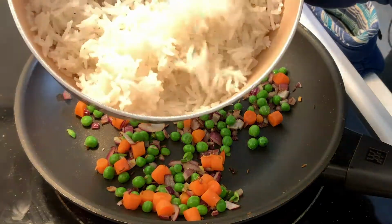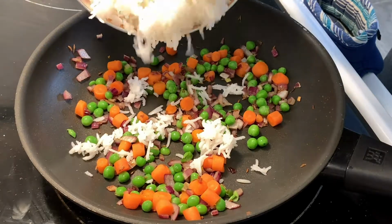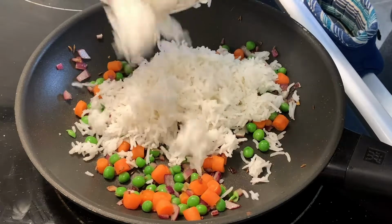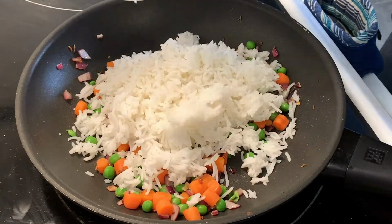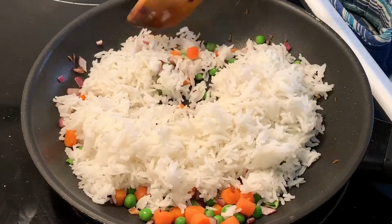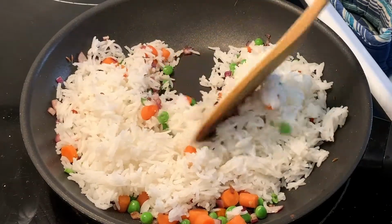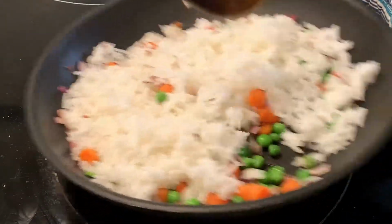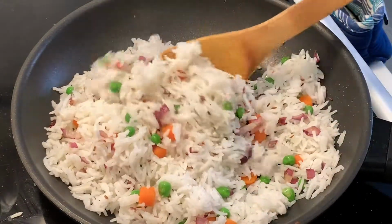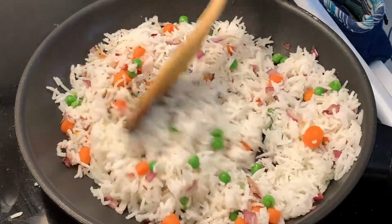Now by this time the rice should have cooled down, and that's really going to help protect those grains of rice. If you add it in when the rice is steaming hot, you risk breaking and mashing up those beautiful grains of rice. Now just give it all a good toss and lower the heat from medium to medium low as you're stirring the rice with the veggies. Now you can taste and adjust for seasoning,